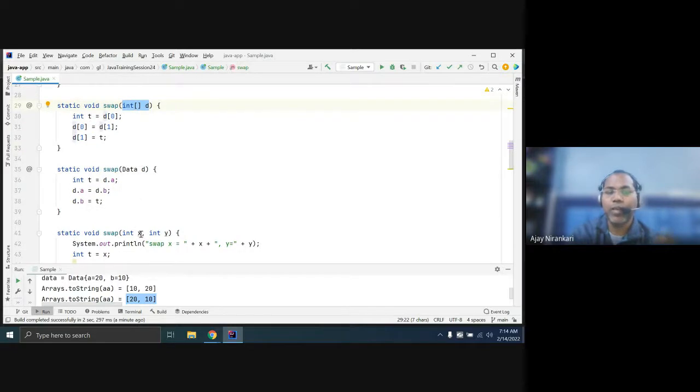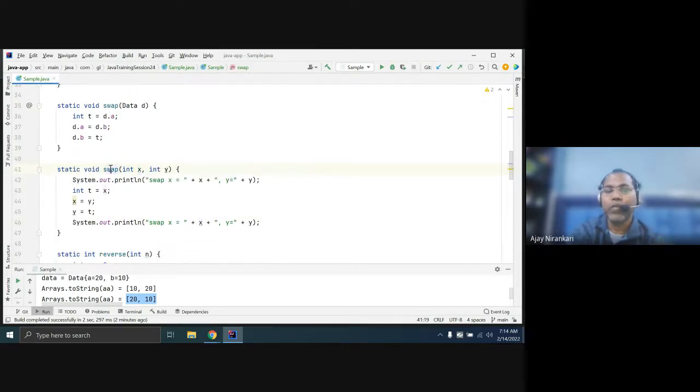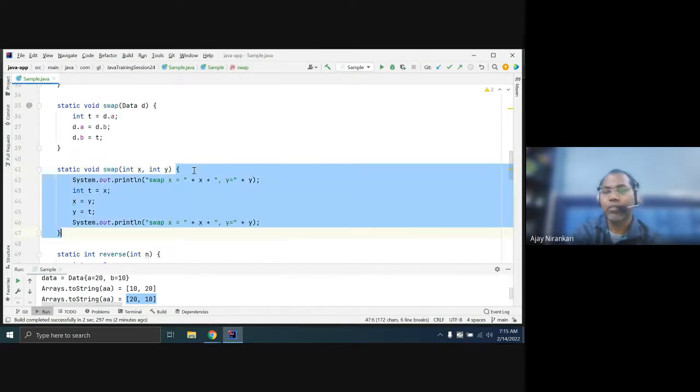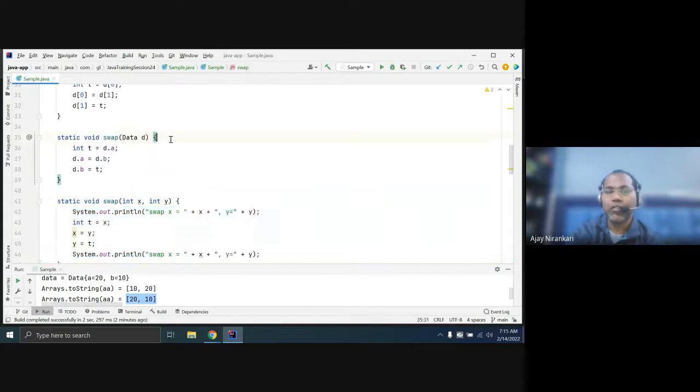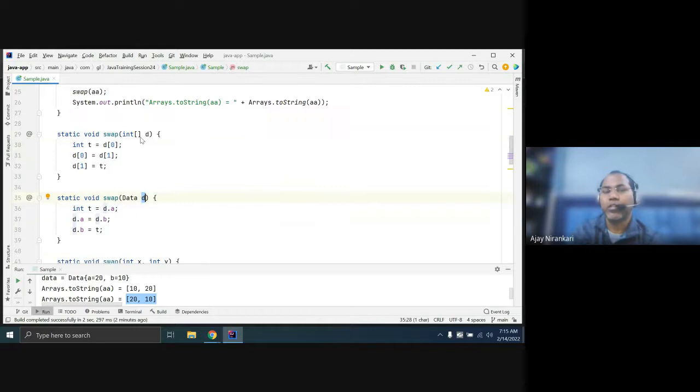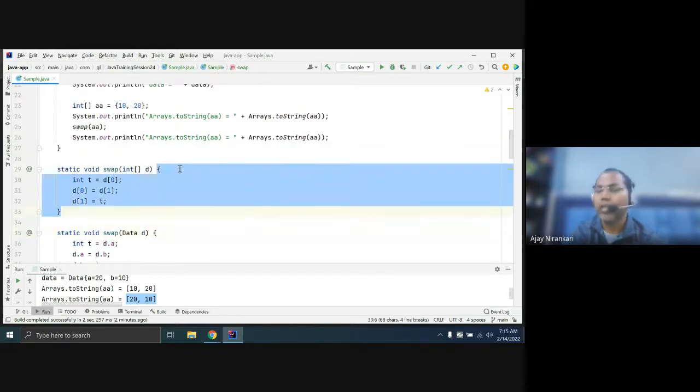But here you are passing a primitive value, not an object, not any reference. So whatever you write in this method only impacts this method. But in this case, you change the data object, so the object will be changed. Array is also an object, so the state is changed.